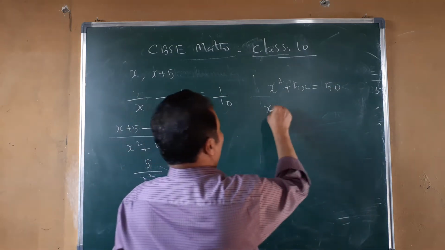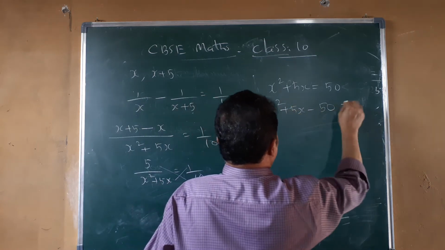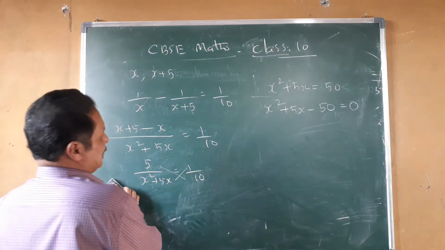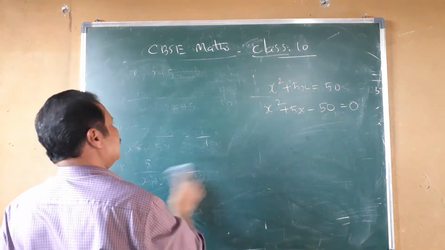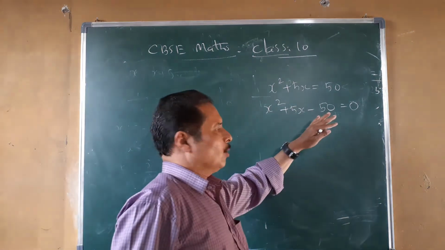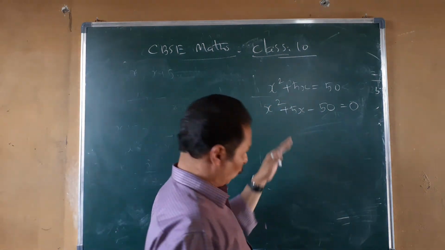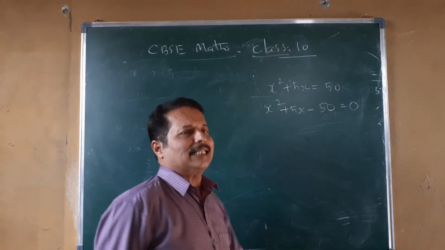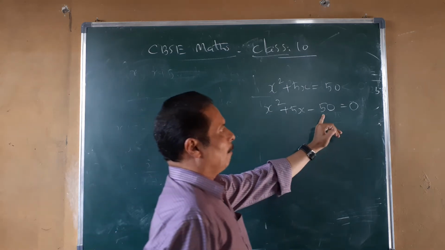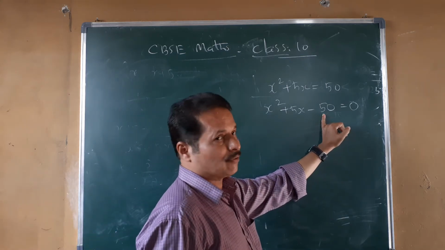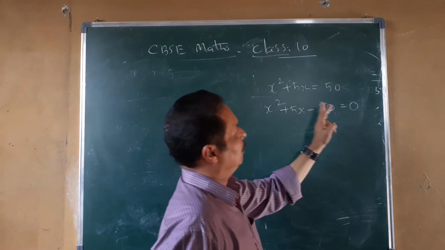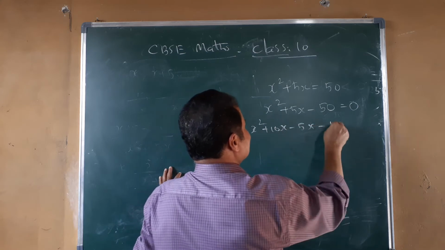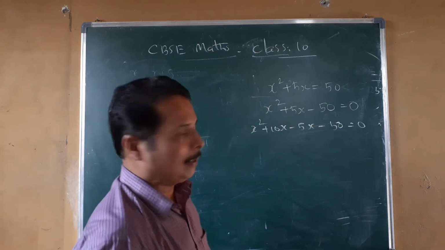Now x square plus 5x minus 50 equal to 0. That is in the form ax square plus bx plus c equal to 0. Now you can complete the question by using b square minus 4ac, otherwise by splitting the middle term or factorization. I think factorization is comparatively easy. The product is minus 50, a negative number, so the numbers are subtracted to get 5 and multiply to get 50. You studied that the numbers are 10 and 5.